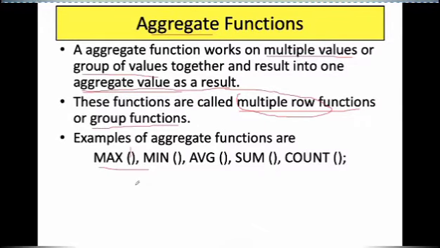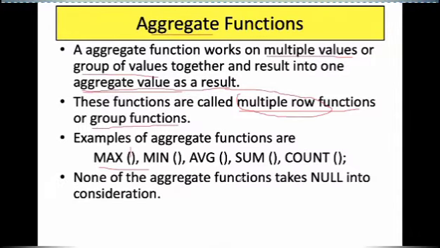That means it gives you one aggregated value. The min function returns the minimum value, then the average of the values, the sum of the values, as is very clear from the names of the functions themselves.